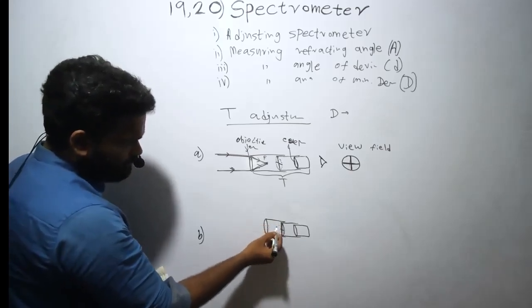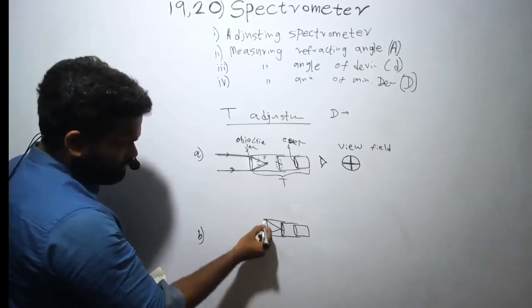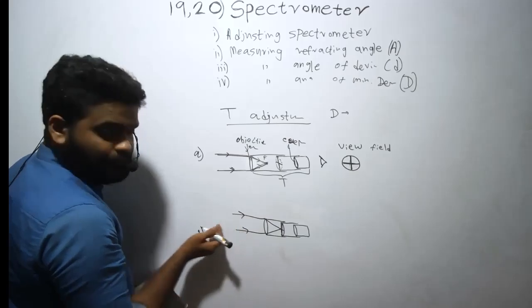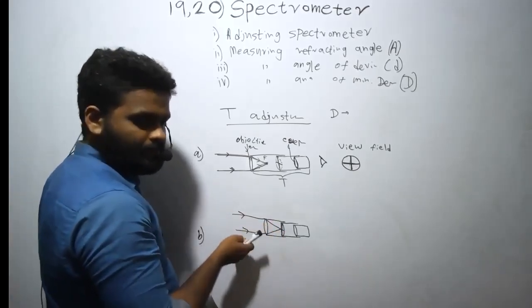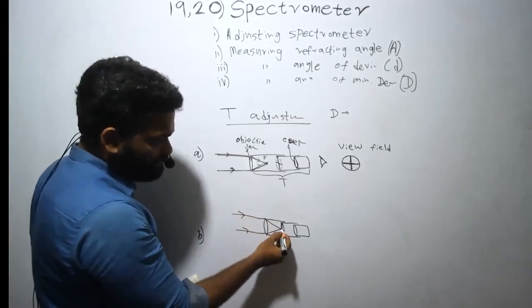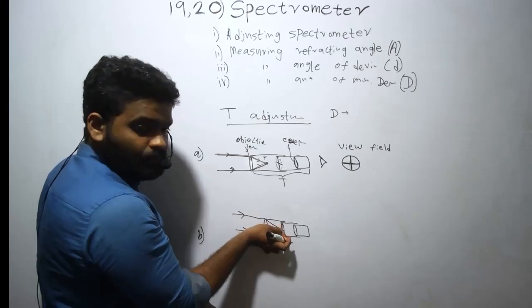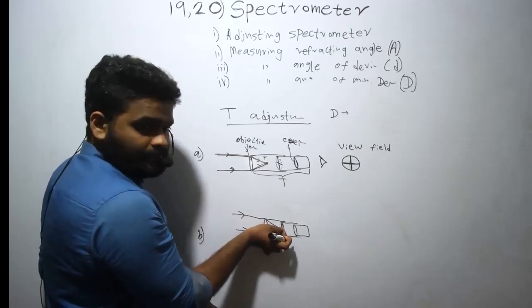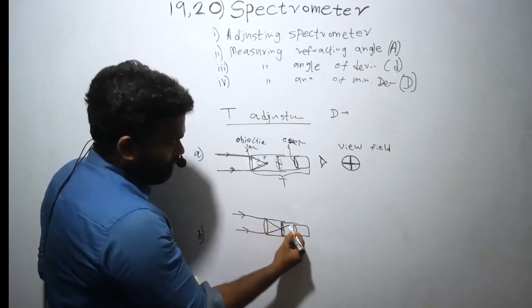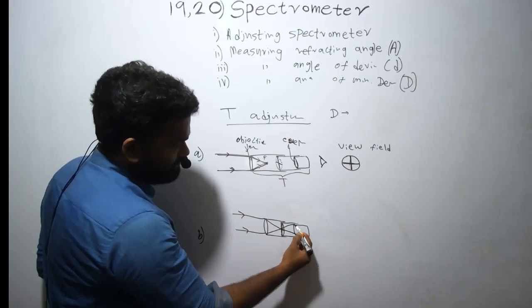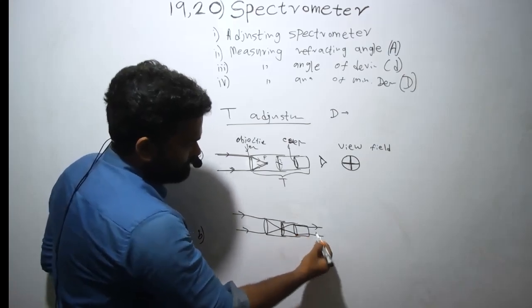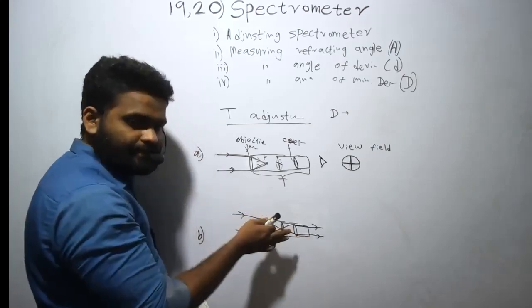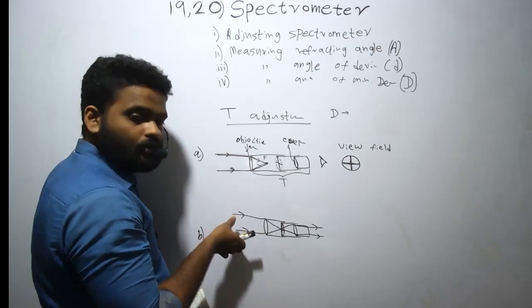The parallel rays coming from here converge onto the crosswires, then are incident here, then here. When you arrange it like this,